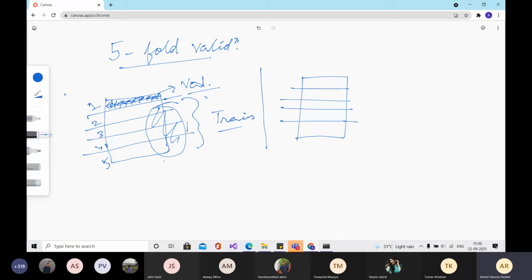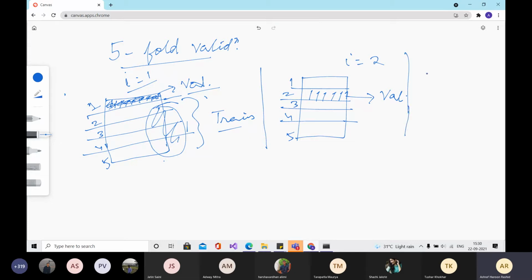So we were talking about fivefold cross validation. In this, what you do is you divide the data set. In iteration 1, part 1 of the data set was used for validation. Now we are going to iteration 2, where we will have parts 1, 3, 4, and 5 for training, and we will choose part 2 for validation.